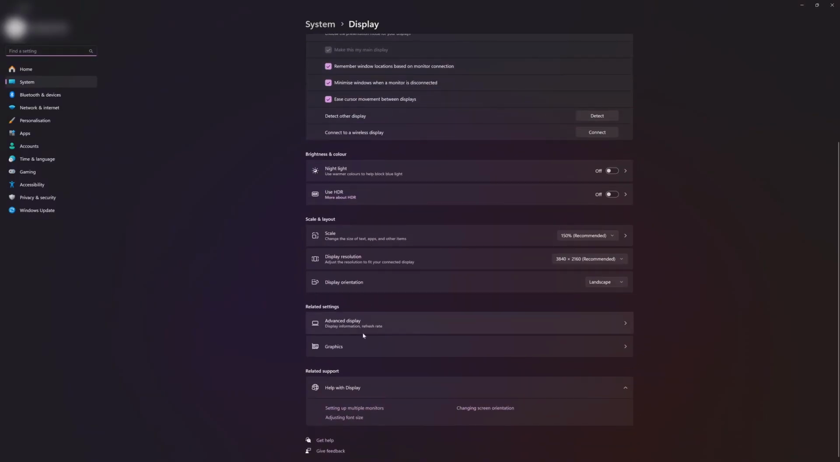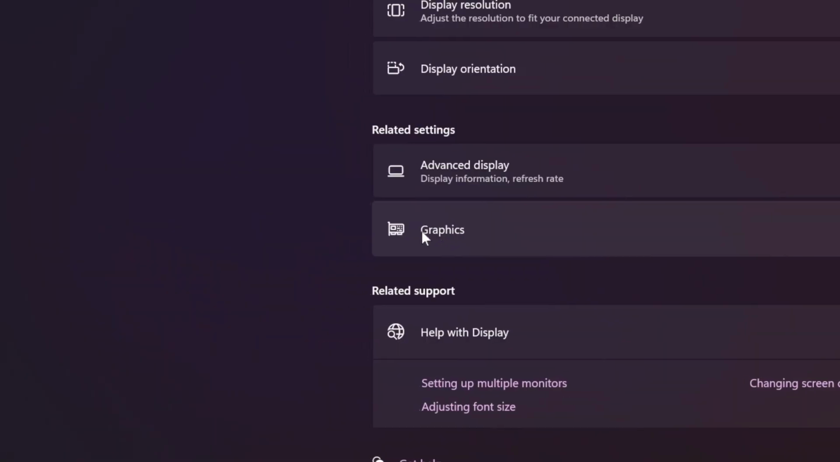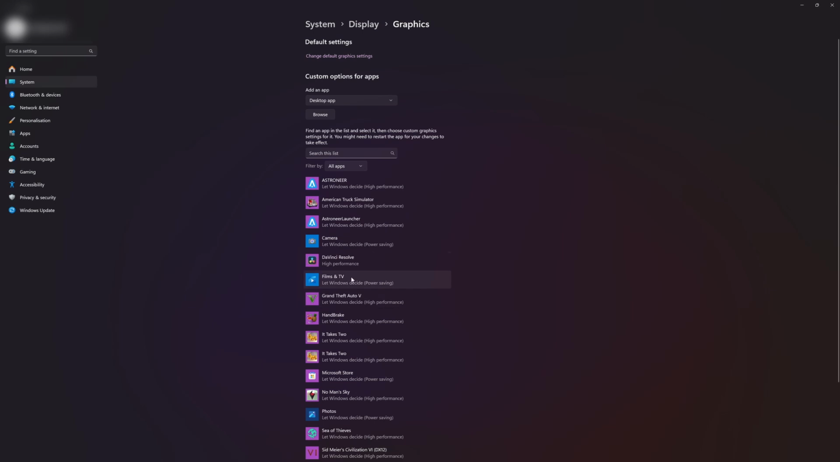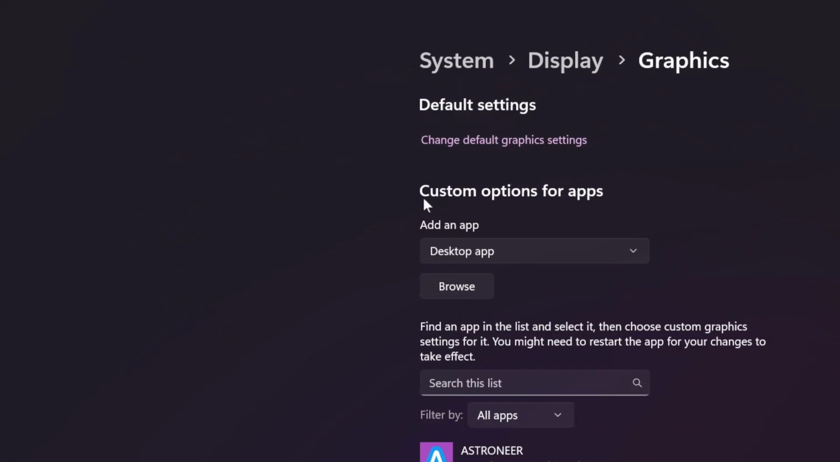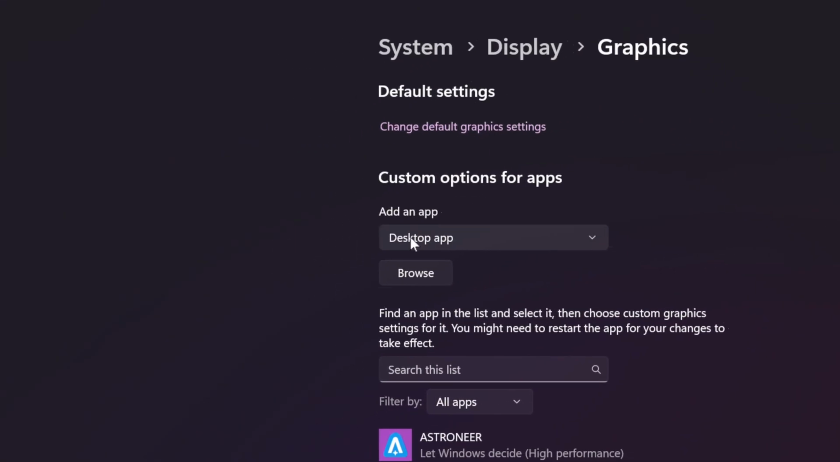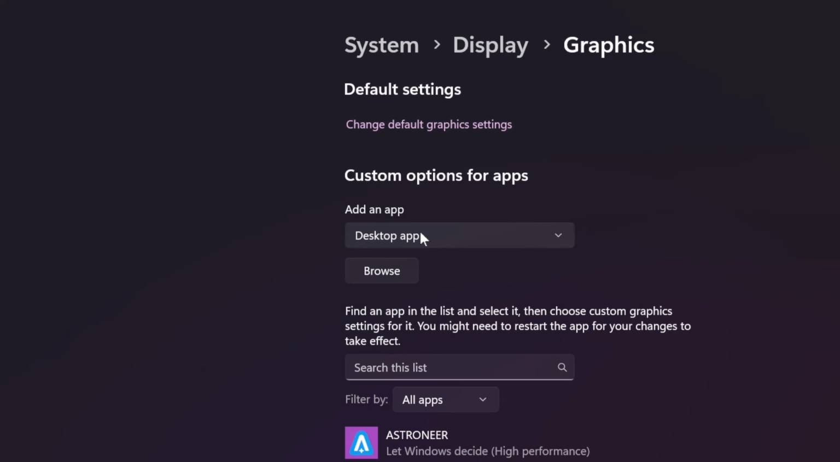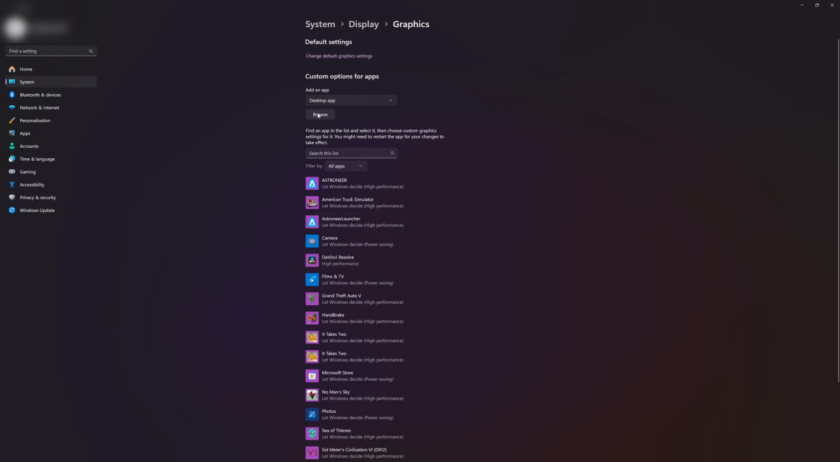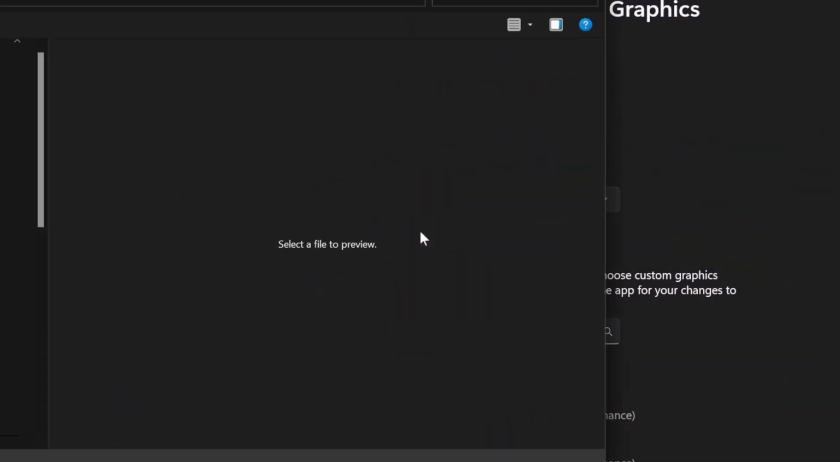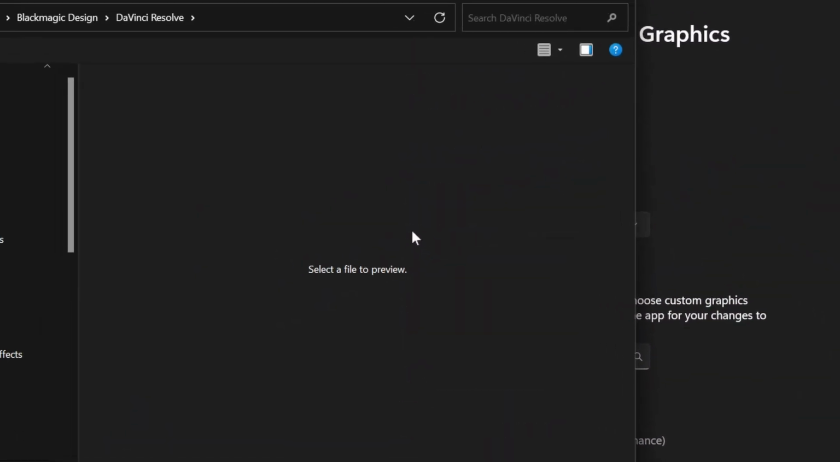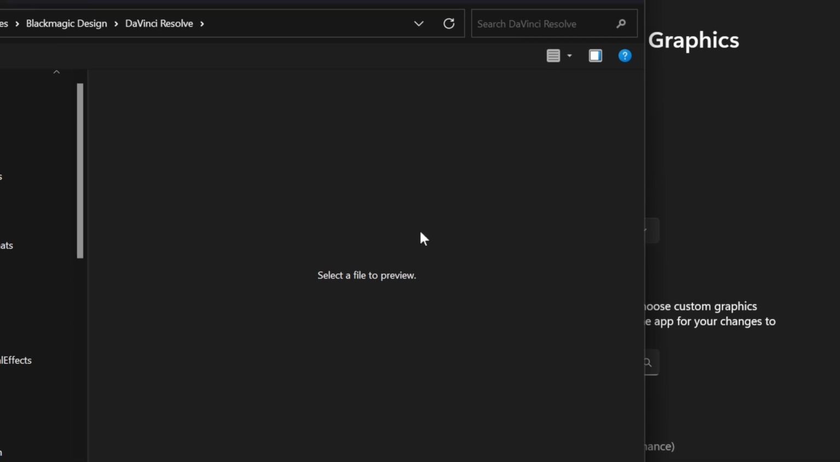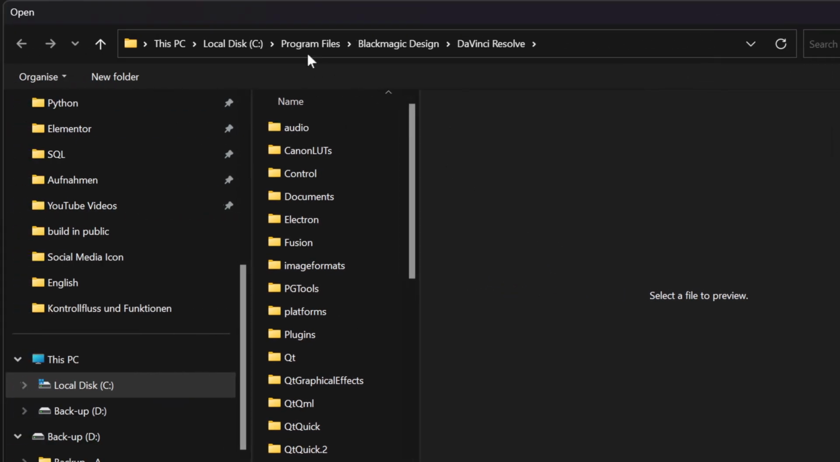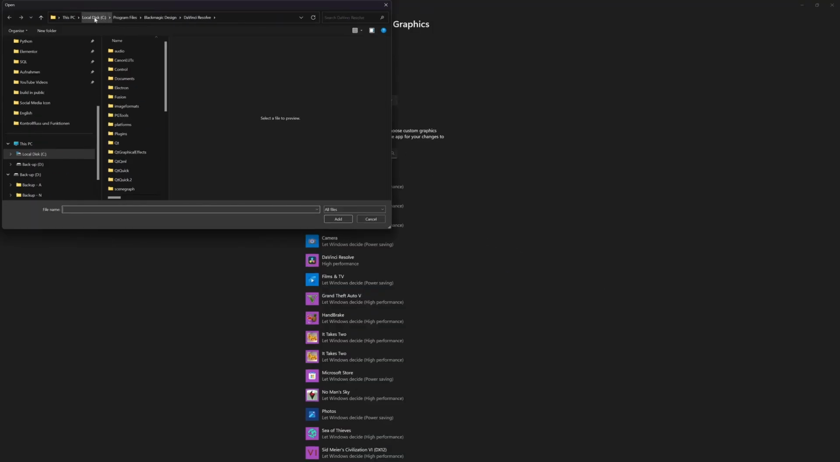Now scroll down until you see Graphics, select Graphics, then search for the custom options for apps, select Desktop App, and in case that you don't see DaVinci Resolve listed down here, simply click on Browse, and now select DaVinci Resolve. DaVinci Resolve is usually located inside your program files, so you go to your local disk, then you